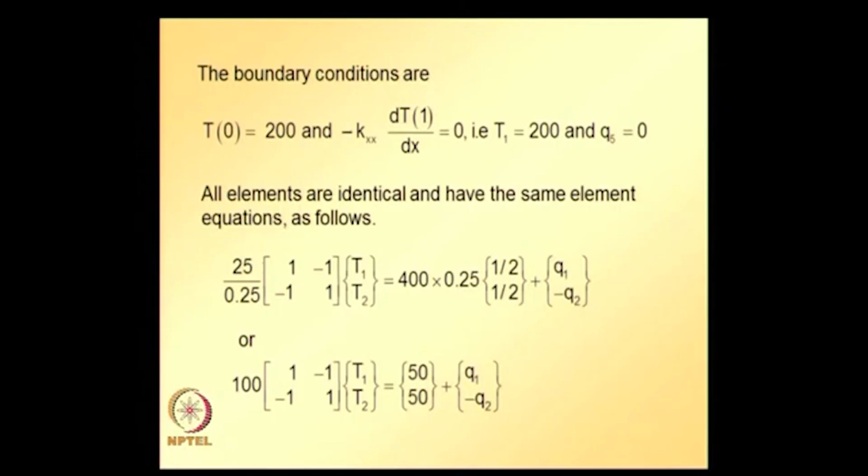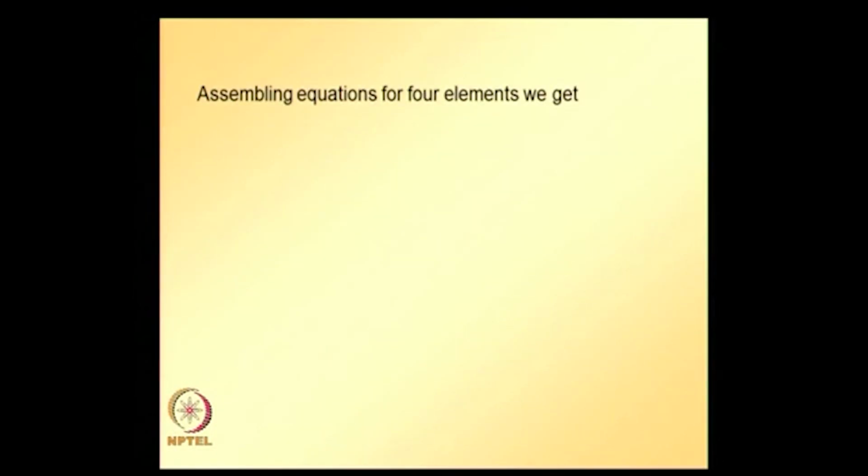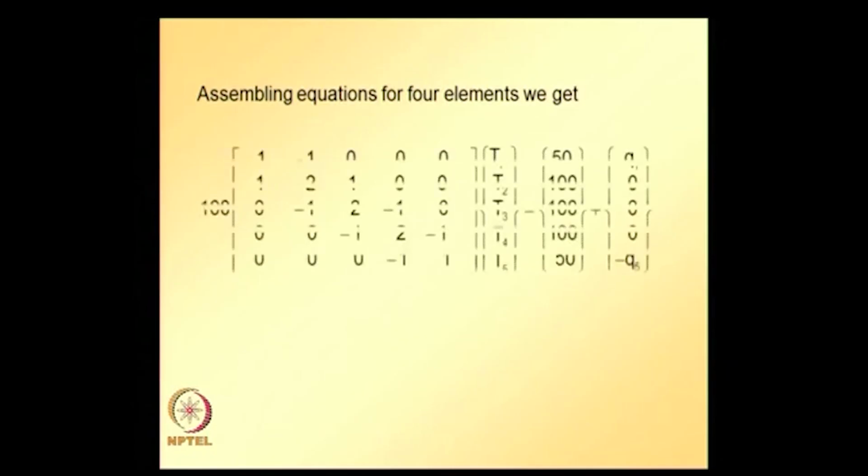Assembling using this one element equation, we can assemble equations for all the 4 elements. Assembling equations for 4 elements, we get this one, and now making the substitution that T1 is equal to 200 and Q5 is equal to 0,